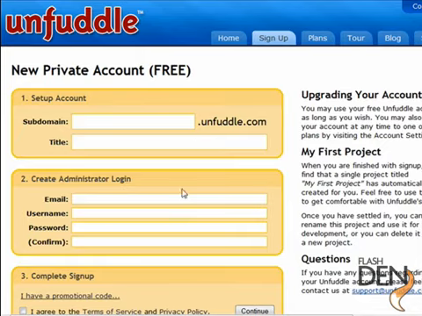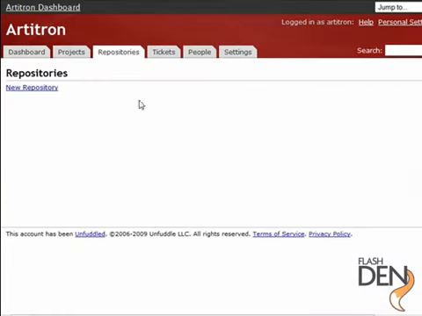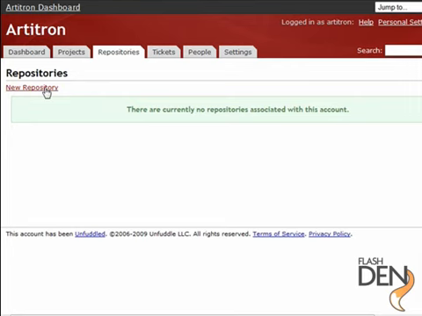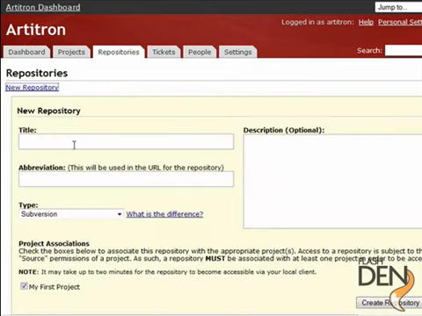You get some pieces of information, and you create a domain on Unfuddle that is going to be a reference URL for the project that you want to store. So I've already done this, and we're just going to proceed on, assuming that I've created this. So let's just go look at my repository account. Okay, and here it is. So you've got a dashboard. We're going to go to the repositories tab, and we're going to create a new one. In this case, we're going to call it